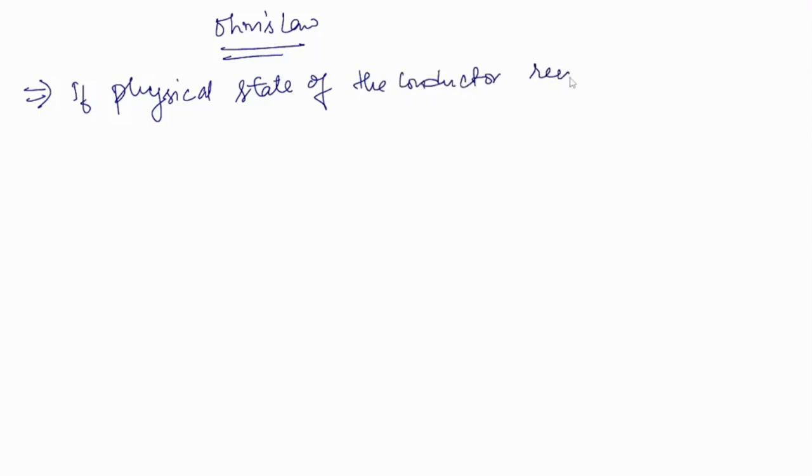If the physical state of a conductor, that is temperature, mechanical strain, length, etc., remains constant, let me write the statement. Write in your copy. If physical state of a conductor remains constant,